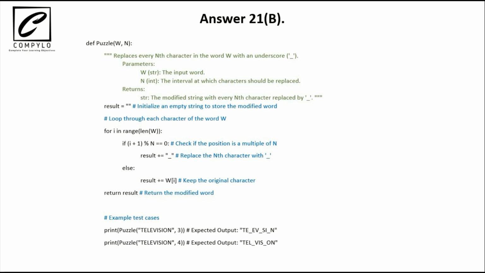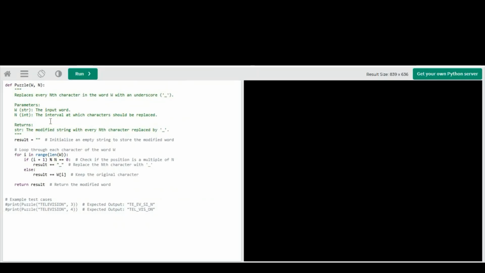And after that, we loop through each character of the word W. In the if condition, we check if the position is a multiple of n, and after that it replaces the nth character with underscore, else it keeps the original character, and finally it returns the overall result. So as discussed earlier, we have defined puzzle function with W and N as parameters, and when we take example